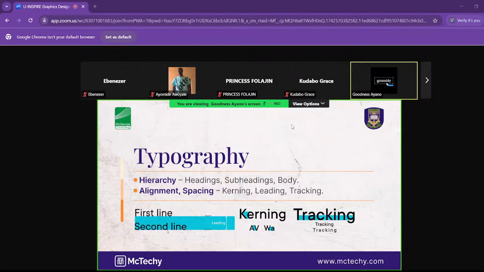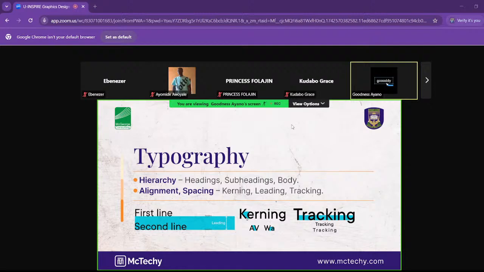Then kerning is the spacing between characters in a word. Possibly the spacing between the K and E as seen here, this blue line, the space between K and E. Most times, most typefaces have that problem, and that's why there's that provision for you to adjust that spacing. There are some typefaces that don't have equal spacing between characters and they are jam packed. So if you come across such a typeface and you just love it and it fits into the work you want to do, and you are looking at it and the spacings between those characters are not even,